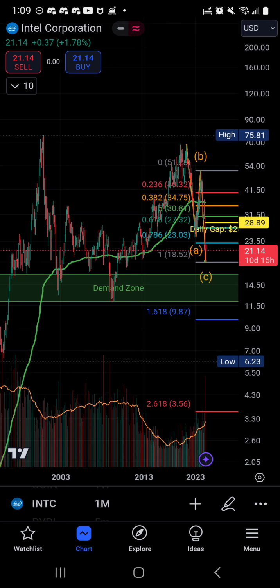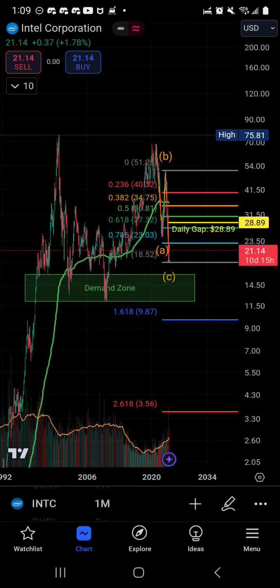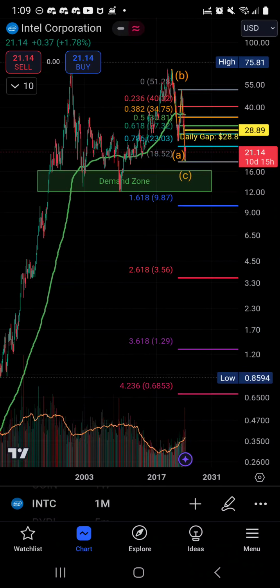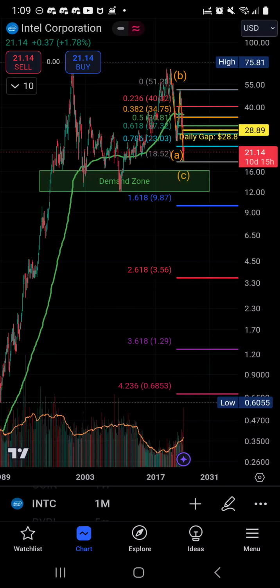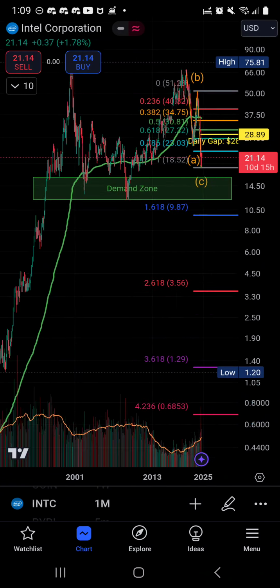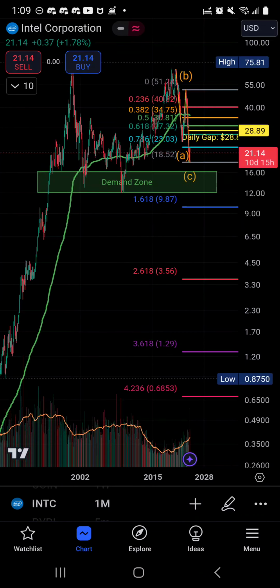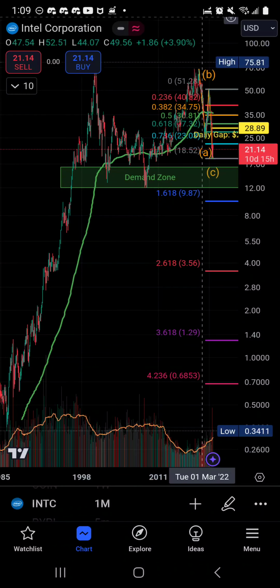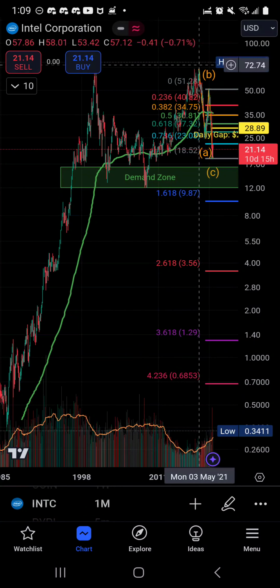So let's look at this. This is a monthly chart. The first thing I notice, I have it in log scale. So that's the distribution pattern right there. It seems like this stock wants to be distributed lower. I don't know what institutions will do. Obviously, they're in charge of what they want to do with this stock, but this stock is a high risk stock at the moment. Now there's a demand zone clearly here. It's a double top in a way. You have a lower top over here. Now, if I zoom in a little bit,